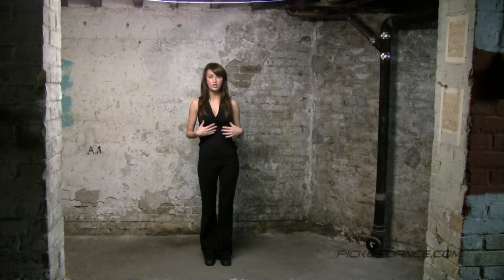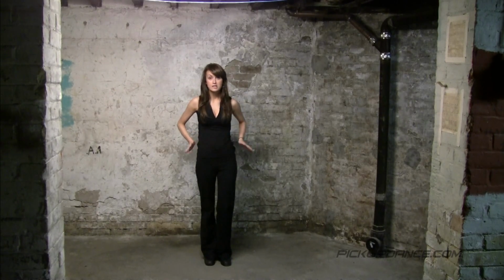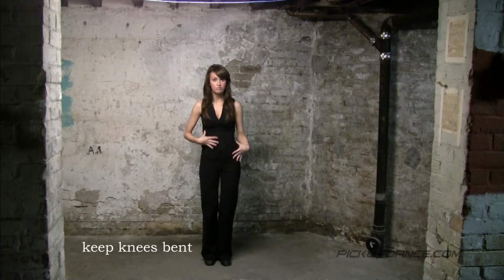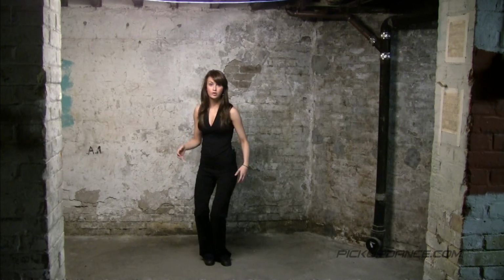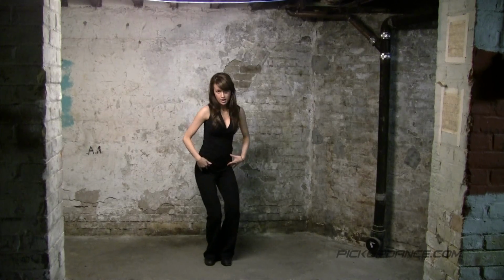Be careful not to overextend your body. Don't push anything out too much. Keep your upper body as straight as possible. This is all about your hips. Also, keep in mind you really have to keep those knees bent. This is going to really help you and not limit you in your movement. If your legs are straight, it's going to be very, very awkward for you to move around. But when your knees are bent, you can easily push that hip out, push it back, keep them bent, front,